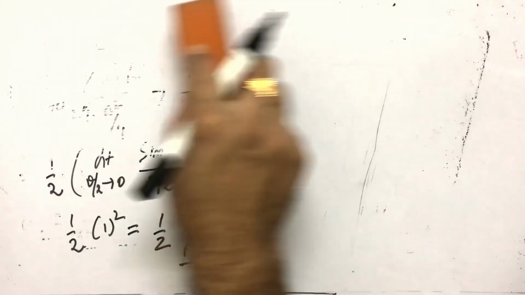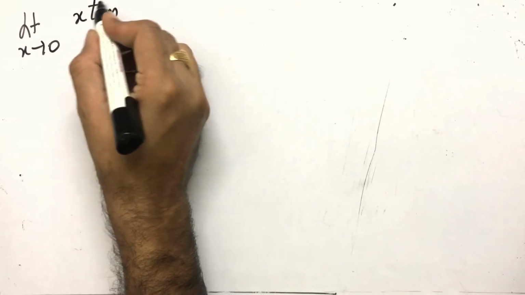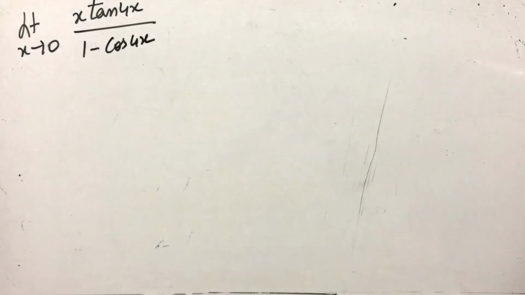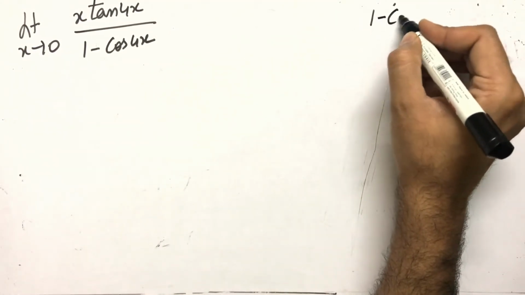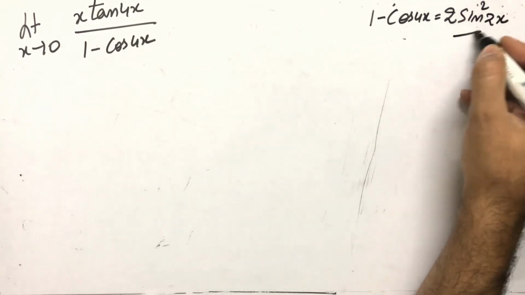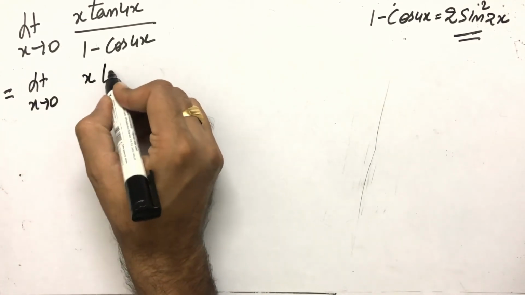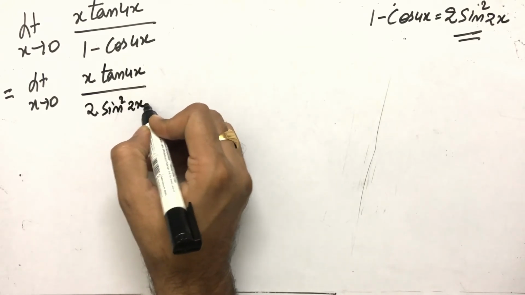Okay, let us solve another numerical. That is limit x tends to 0, x tan of 4x upon 1 minus cos 4x. So as you see, we have trigonometric functions. So here again, we convert this into sine. So what is the formula for that? That is 2 sine square half of this angle, that is 2x. Let us put that value here. So it becomes limit x tends to 0, x tan 4x upon 2 sine square 2x, which may further be